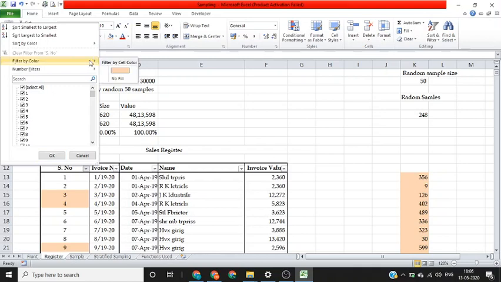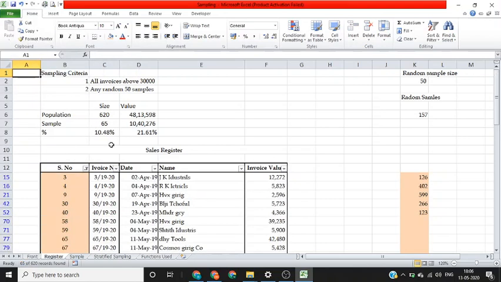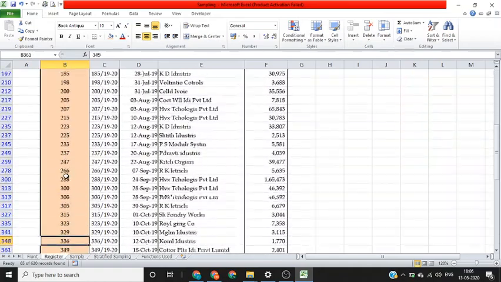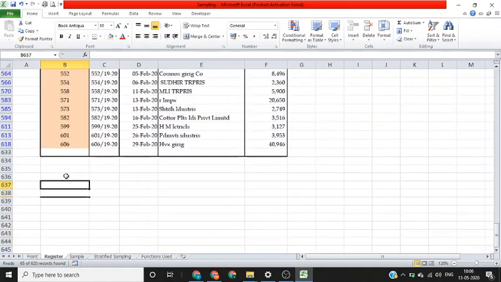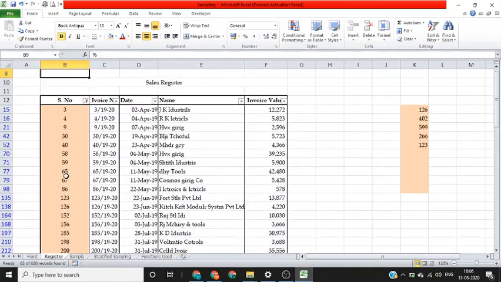Now we will filter this data by color, and this is our sample for vouching and verification.